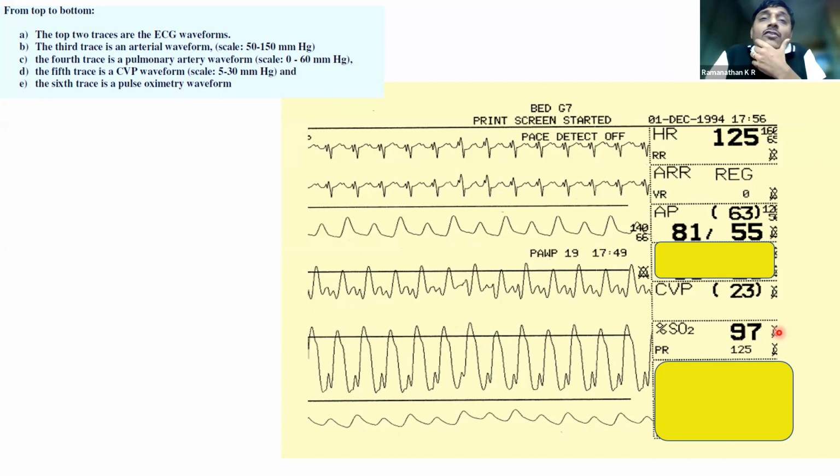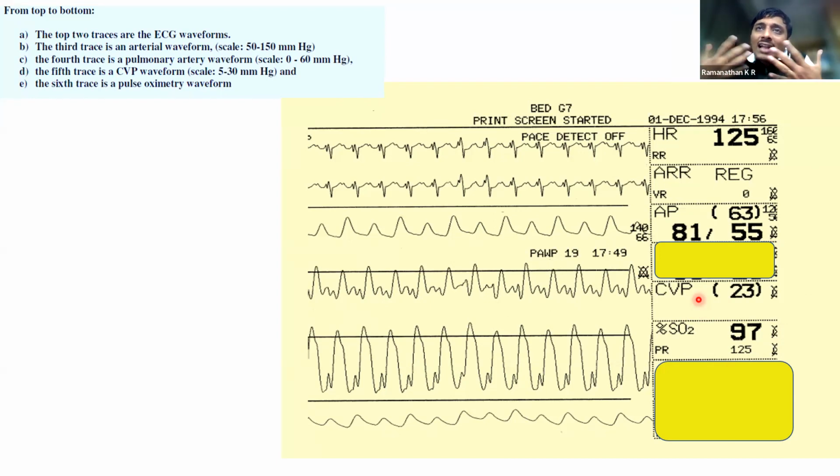Now, while you're waiting for all these results, you clearly will have to manage his hemodynamics. And I think this is something which has to go side by side. Here is a patient who is tachycardic, hypotensive, and has a high JVP or a high CVP for that matter. All right. Now, a classic triad, which makes you think whether this guy has cardiogenic shock.